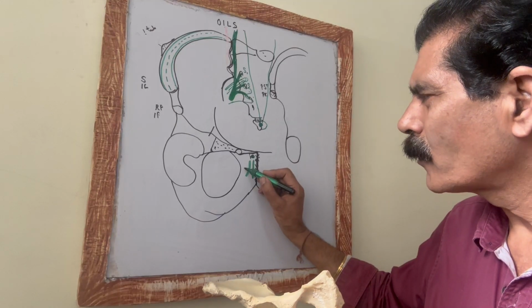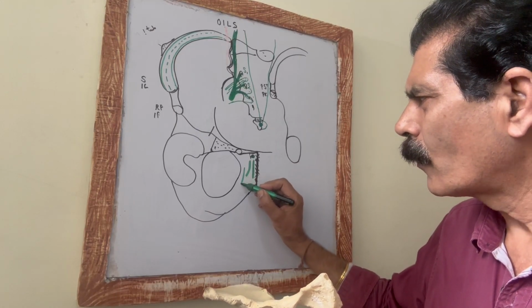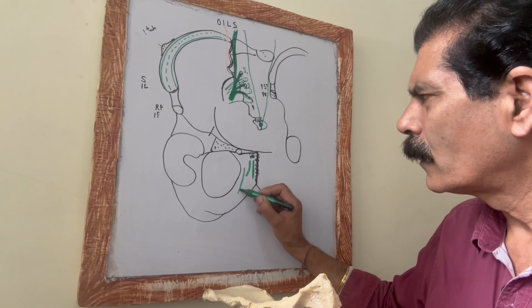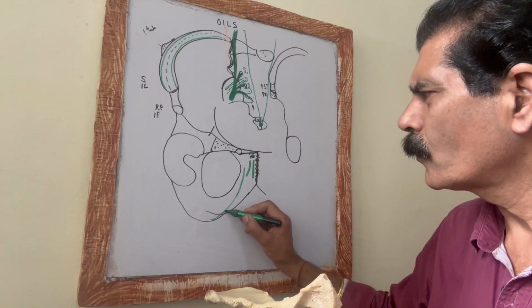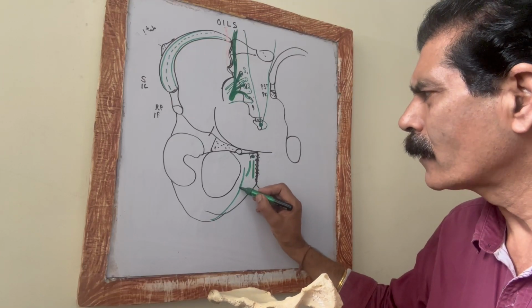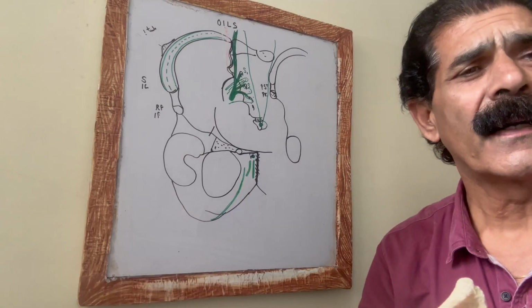And then near the obturator foramen, starting from the body of the pubis, going down to the inferior ramus up to the ischial tuberosity, this large origin is the origin of the adductor magnus. That's why its name is adductor magnus, because it's magnified.